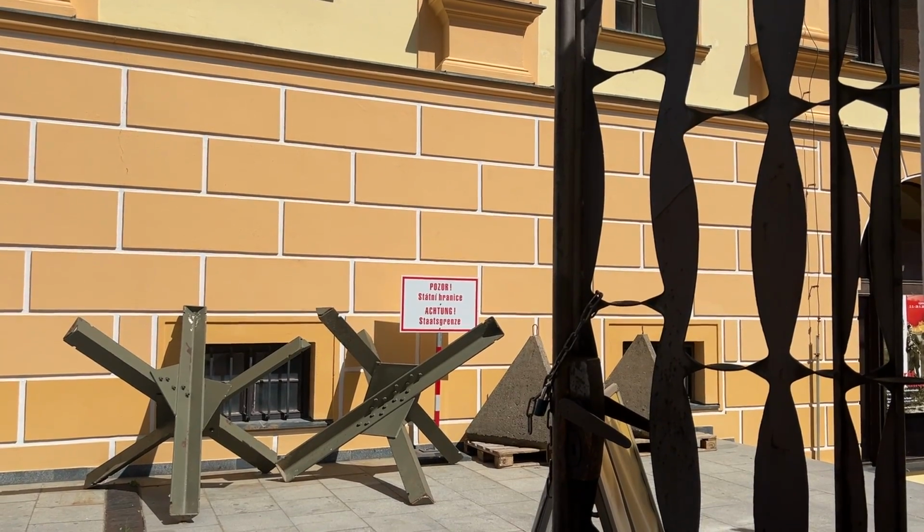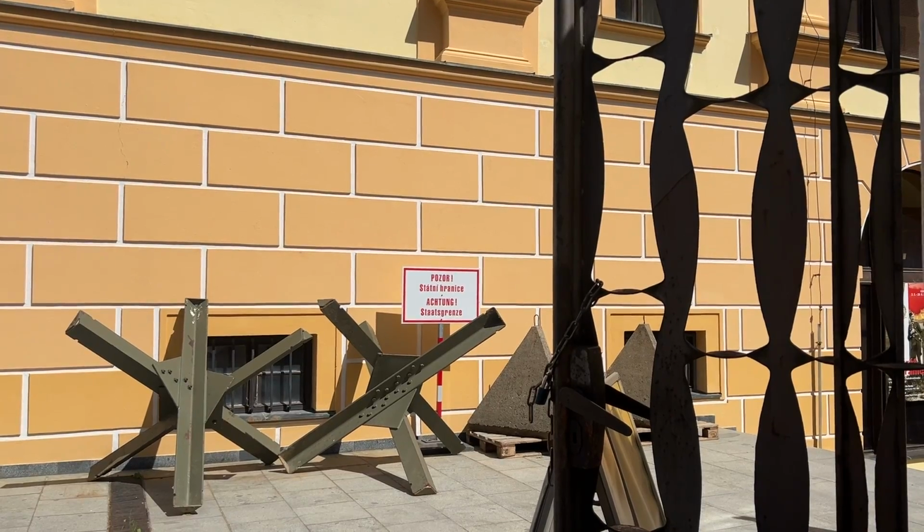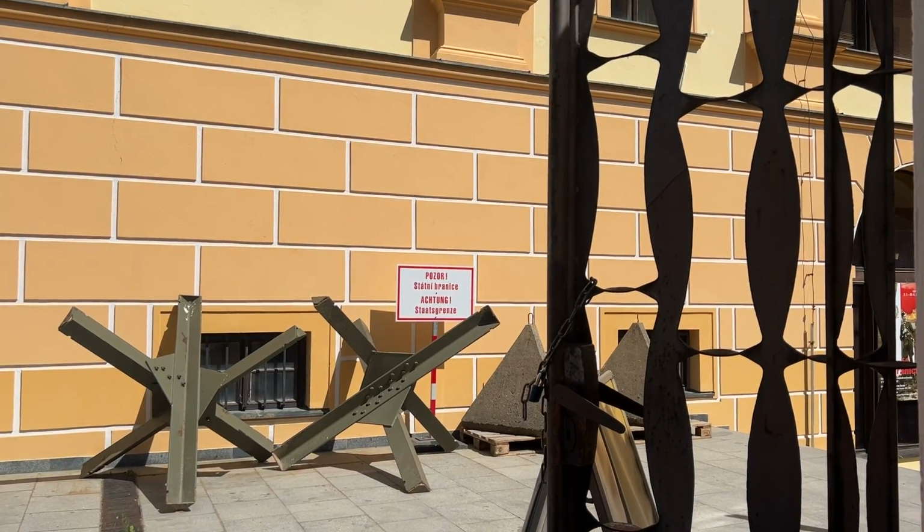Border, there was a barbed wire fence, there were watchdogs, German shepherds with the soldiers. It was really...